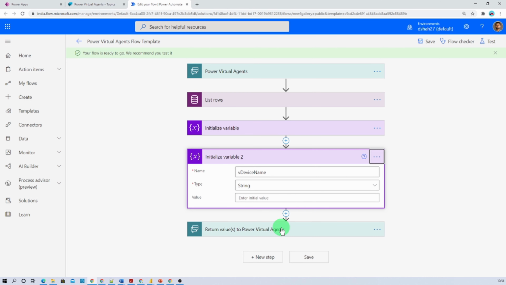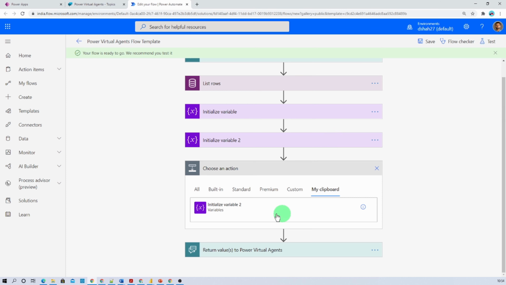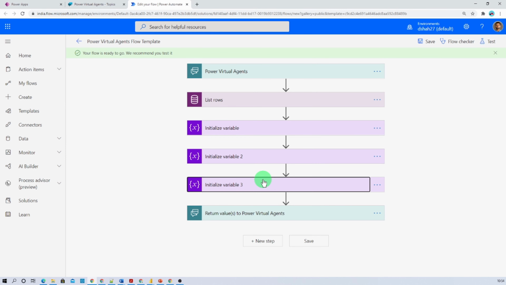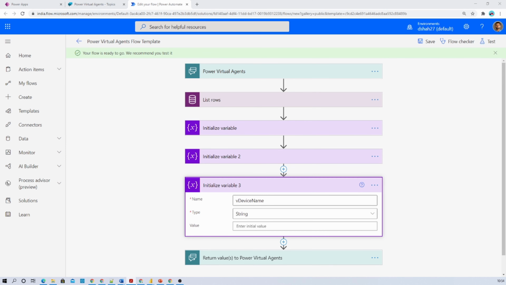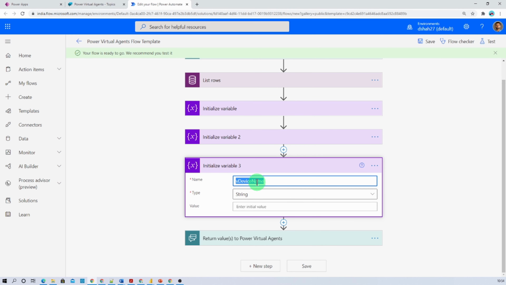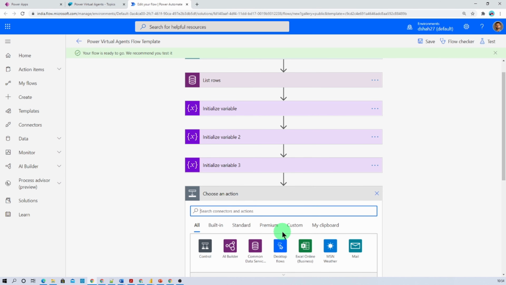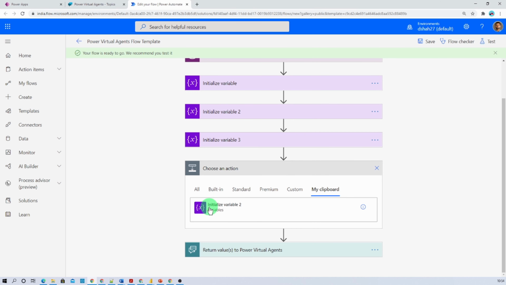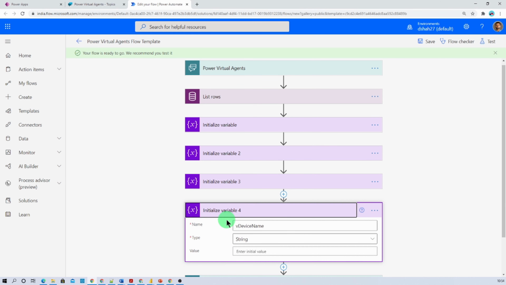Let's copy this action again, and now let's paste some more variables. Third variable would be delivery date. So let's provide that. Similar way, let's add one more, paste again and provide status.